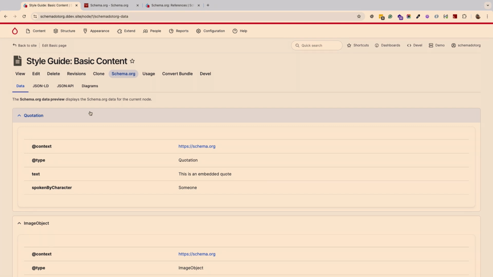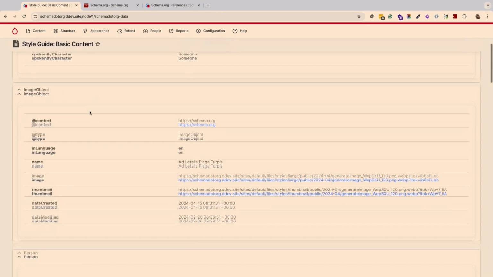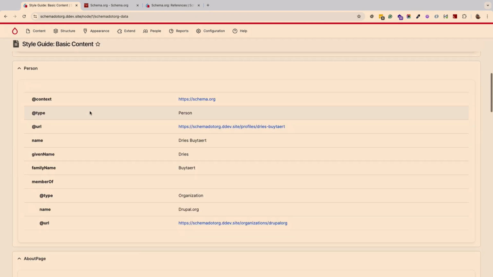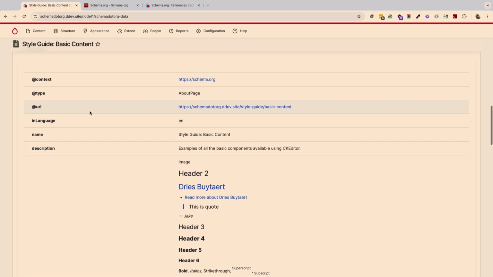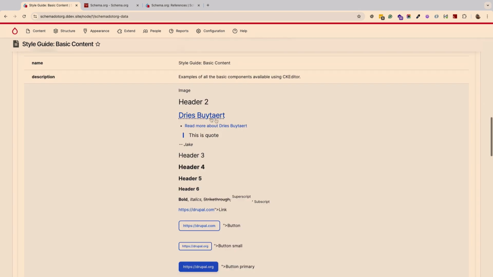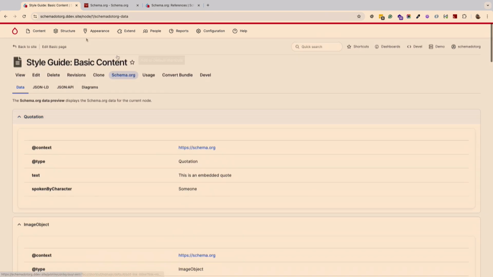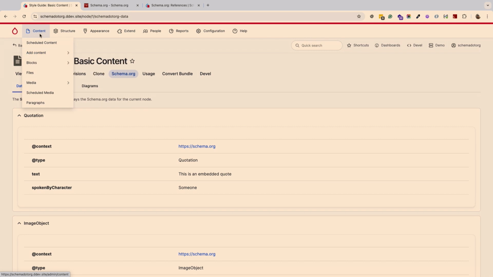It's extracting the data in your CKEditor to schema.org. So they know you have a quote on the page, you have an image object, there's a person sitting in the middle of the page, and then of course it's like this is an about page with all this data. Going to advanced content,